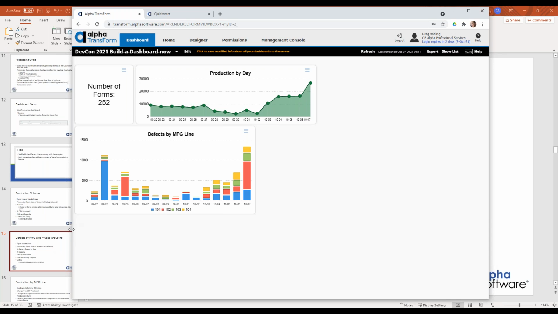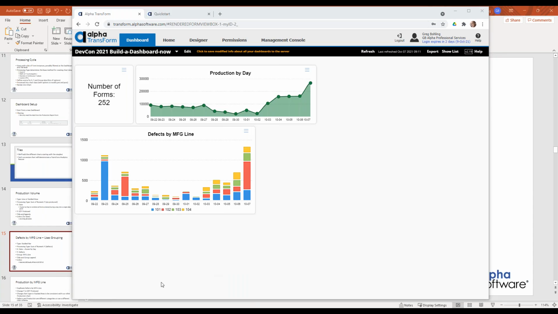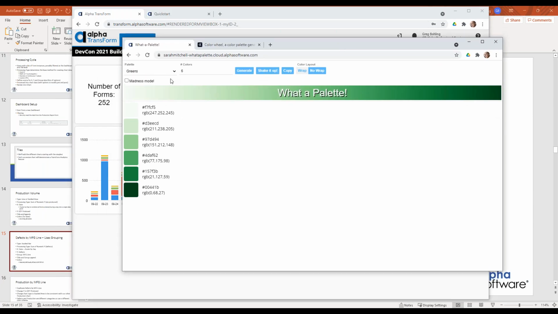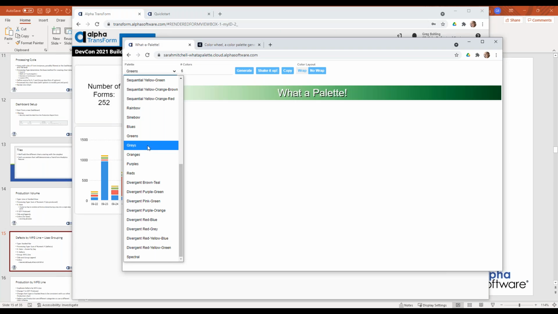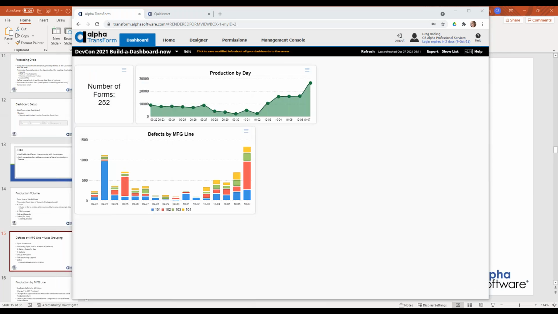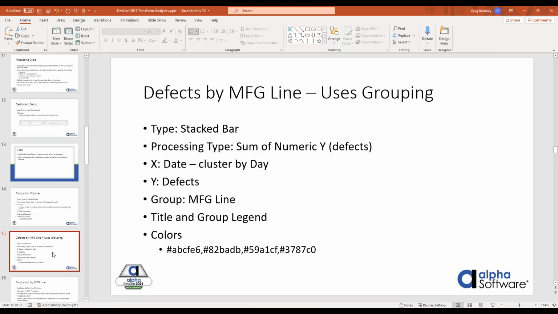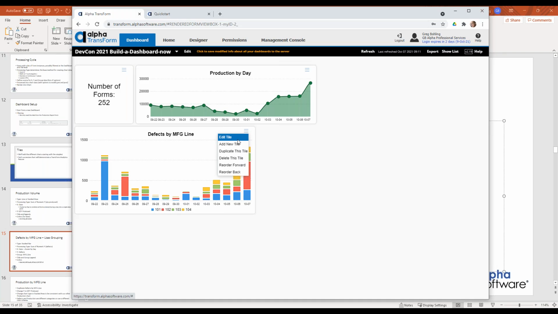Adobe has a color thing. Sarah actually made me a real nice color palette picker that she calls What a Palette that I've used that actually lets you say, oh, let's, and this is just a library we found. So if I wanted a set of blues or something like that. So I'm sure Sarah can do a webinar or something on that, how that's put together. So what I've then come up with is a nice blue color scheme, sort of a monochrome, that I can go into my tile,